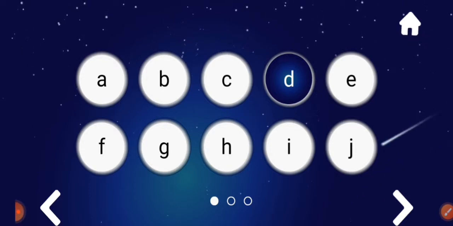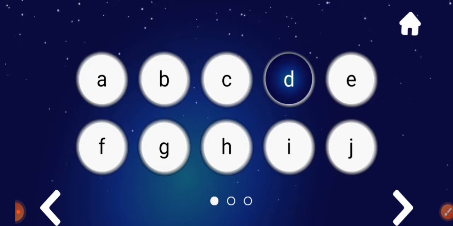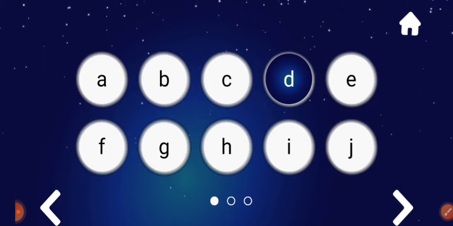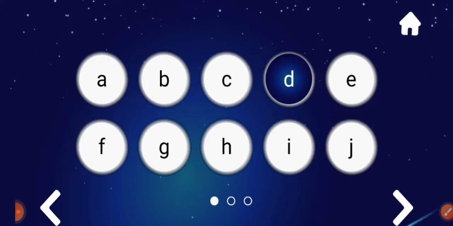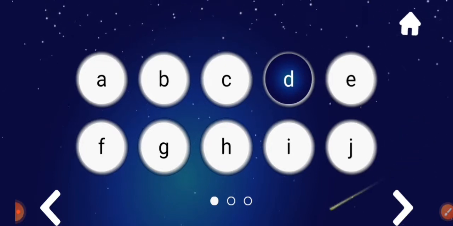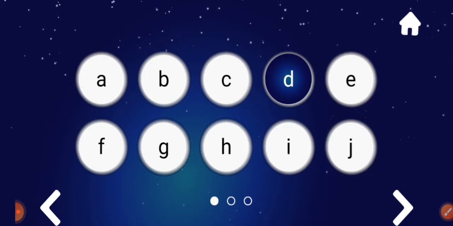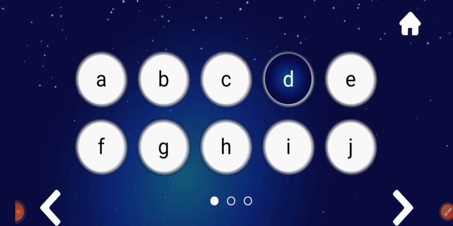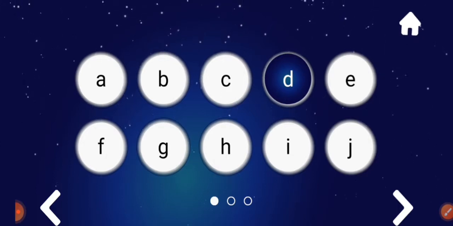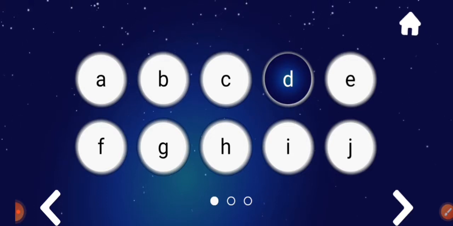Okay. So children, in yesterday's class, what did we do? Yes, how to write the small letters A to D. We practiced it. Writing practice we did. So once again we'll practice A to D. After that, again we'll practice E to H letters. We'll continue the letters E, F, G, H.